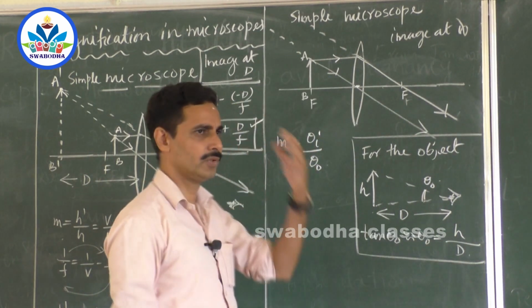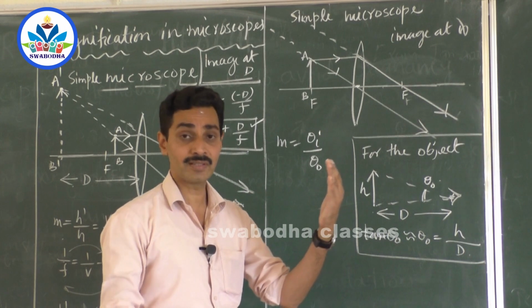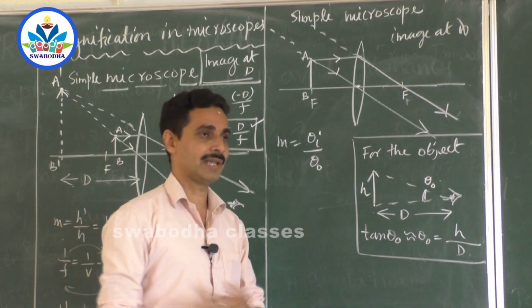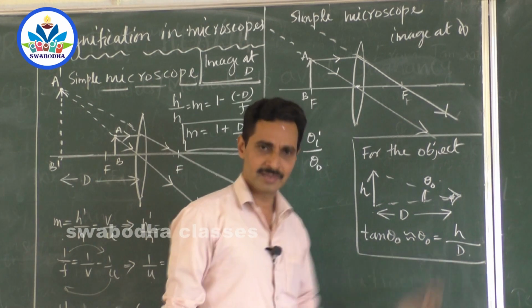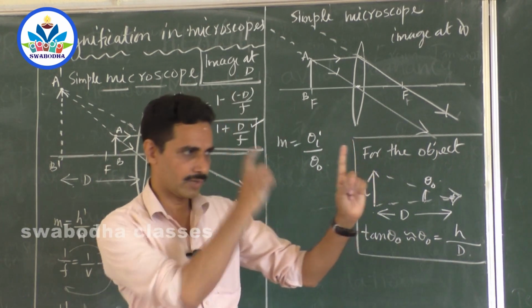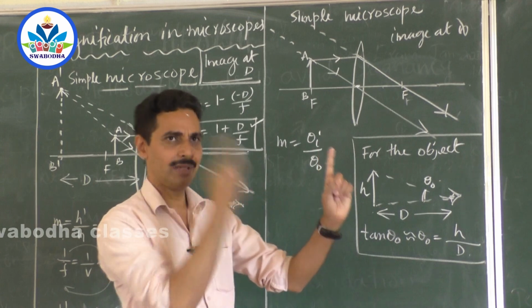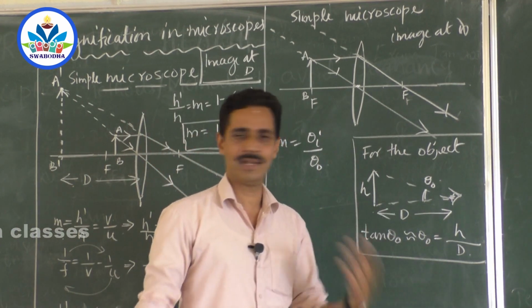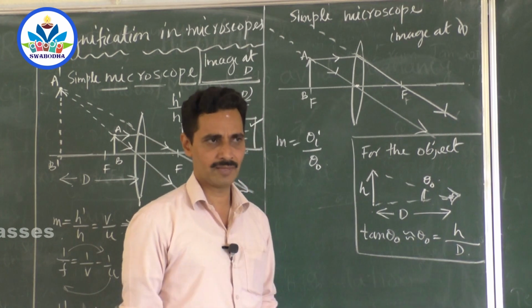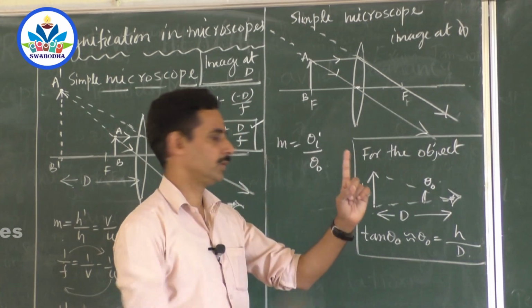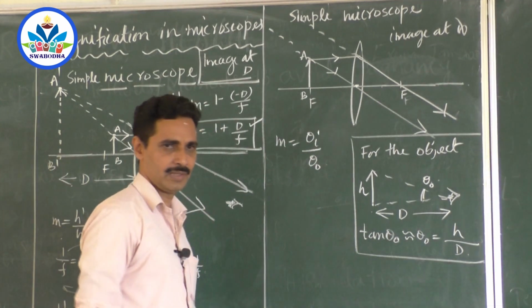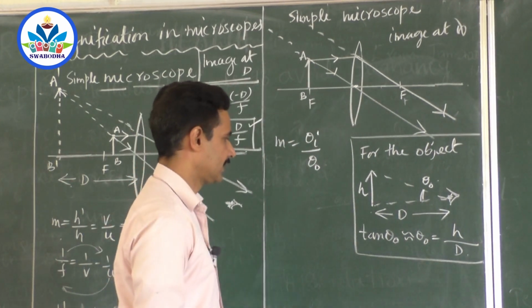So this is viewed simply in front of your eyes. You have not yet started observing the object through the microscope, so sign conventions don't hold good here. Simply you are holding your object without any instrument, and only the eye lens is in the picture now. The eye lens is a common thing, and without the eye lens you can't see any object. So no sign conventions have to be applied. Simply you are looking at an object. So h by d, that's all. Left side, right side doesn't have any meaning here. Theta naught is h by d.